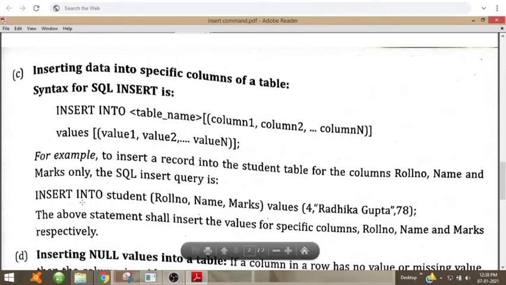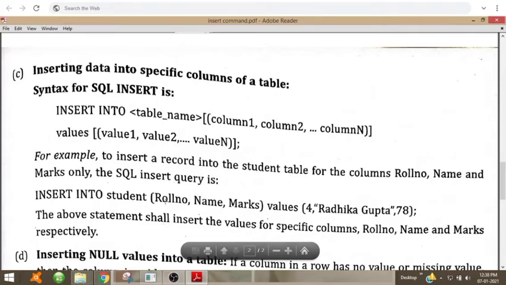You can see this example. Insert into table name student, the column names roll number, name, marks. We are not giving values for other columns like gender, date of birth, etc. We are giving values for only 3 columns.